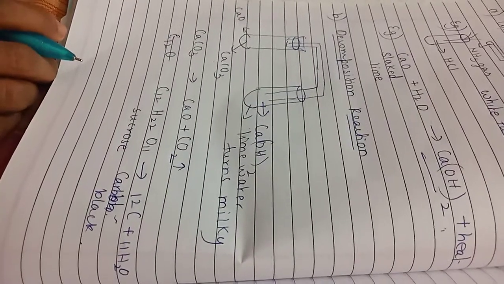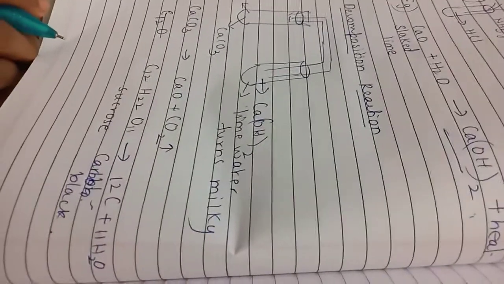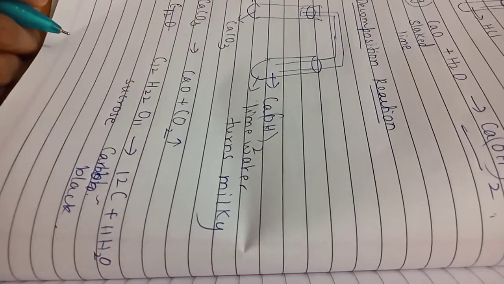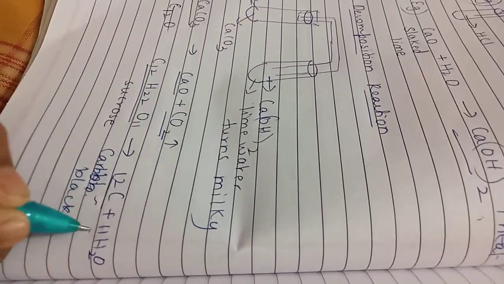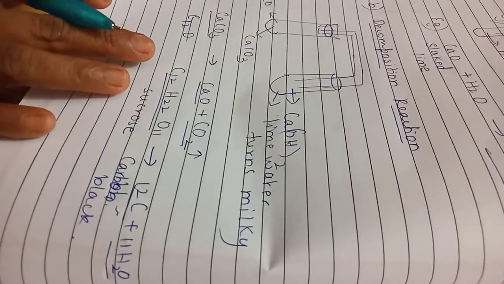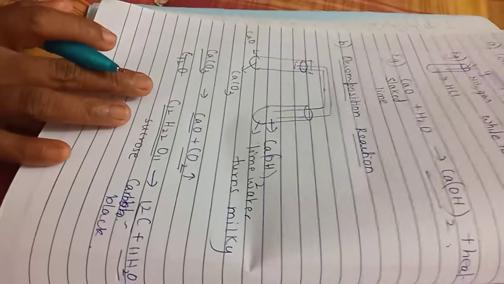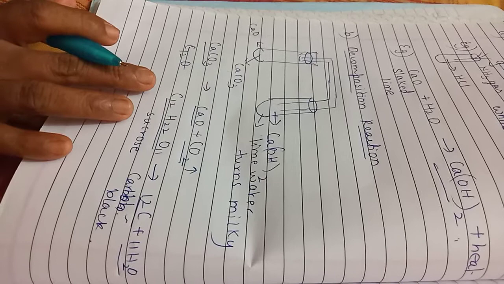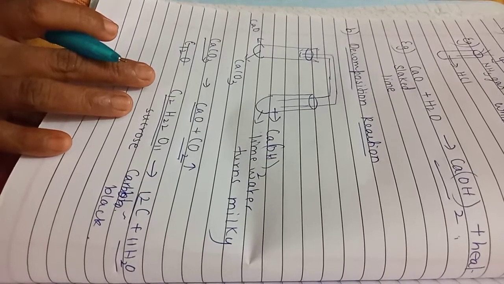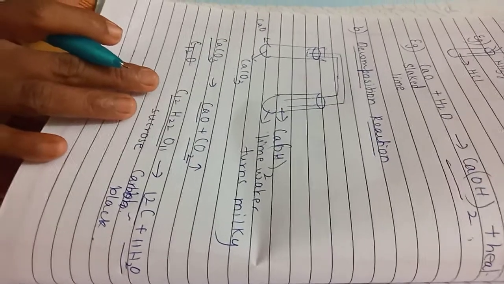These are examples of another type of chemical reaction, which is called decomposition reaction. What is decomposition reaction? Where the reactant is singular but the products are two or more. So the reaction where a single reactant breaks into two or more products is called a decomposition reaction. I'll repeat. It is a reaction in which the reactant decomposes or breaks into two or more products. Number second. Number third, concentrate.